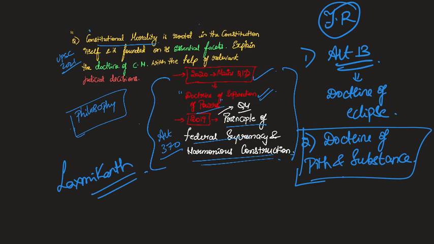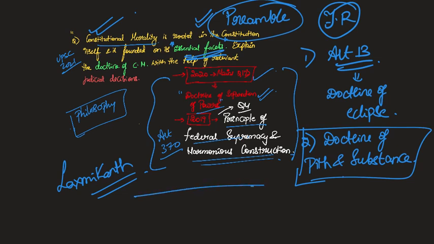So, for example, if you talk about constitutional morality, it is pretty much evident. But if you have to exactly understand the essential facets of what constitutes constitutional morality, you should be able to link it to the preamble and the history behind all the ideals which are laid down in the preamble. So, this understanding should be reflected in your answer with certain judicial decisions.